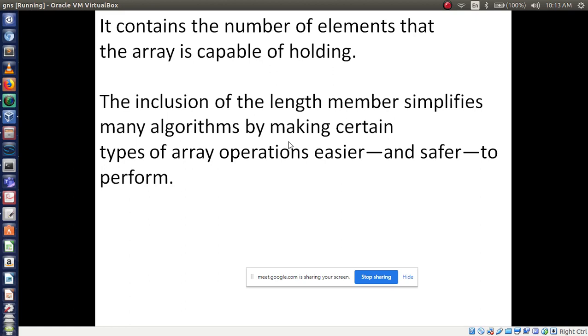You are giving the size here, but when you are implementing big projects, at that time you have to use the length keyword. It makes array operations easier and safer to perform. For that purpose we have to use the length keyword.